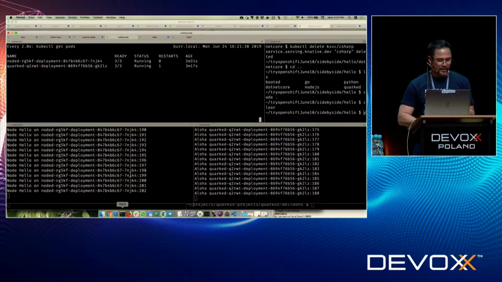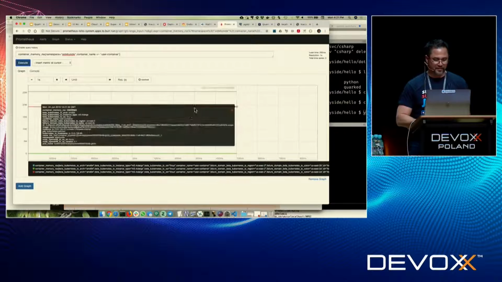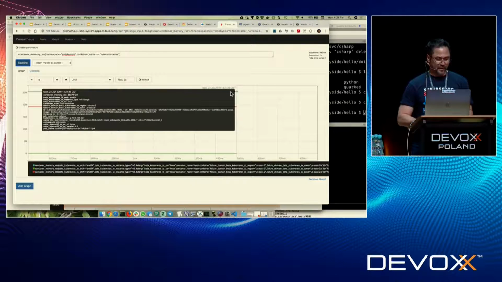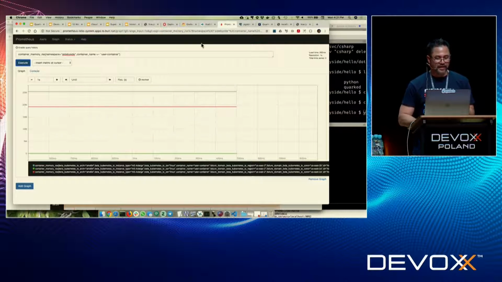And let's see here, we're down to just one Node and one Quarkus, and if we basically stop this load here, you'll see those downscale after about 90 seconds also. But this is my Node app. There's my Quarkus app. So in this case, I saved 6 megs of RAM. And actually, the API-based application you saw me use earlier is about 30 megs of RAM, just slightly bigger than the Node.js Hello World.